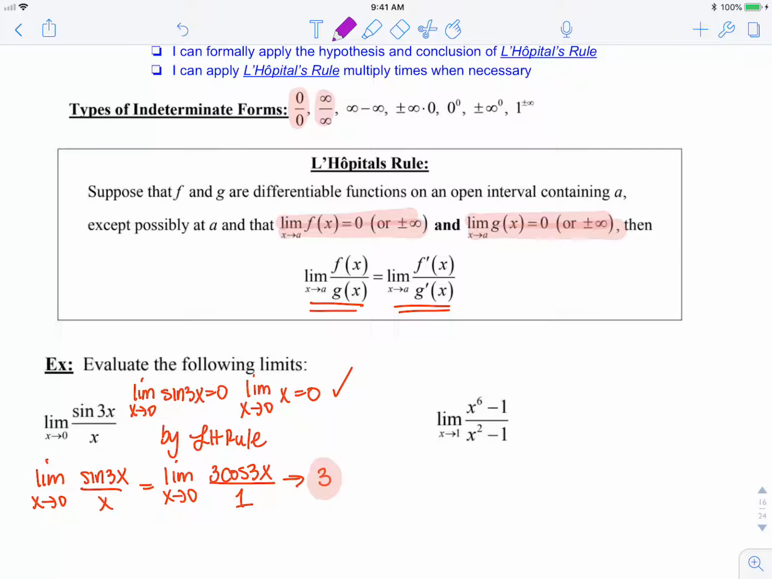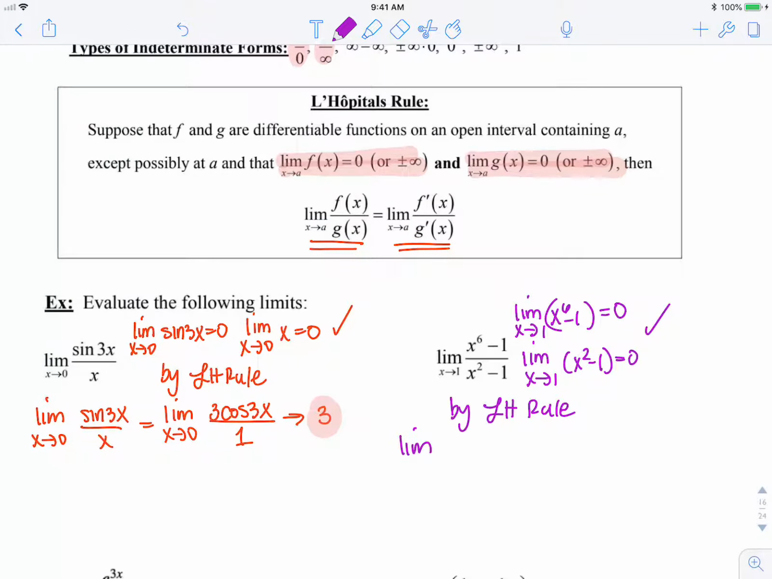So let's set it up the same way for the second example. Here I know the limit as x approaches 1 of x to the 6th minus 1 equals 0, and the limit as x approaches 1 of x squared minus 1 equals 0. So I've checked my hypothesis. So by L'Hopital's rule,